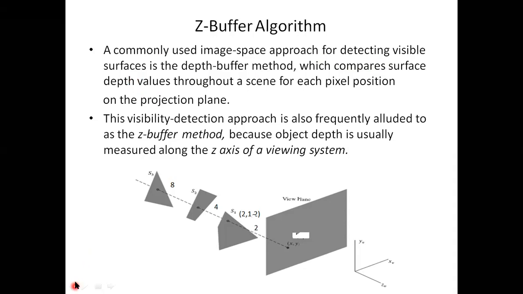In the object space approach, it was taking a part of the object, that is edges or points, and determining whether that belongs to a front face or back face. But the second type of approach, which we call the image space approach, takes pixel by pixel and checks whether that pixel belongs to a front face or a back face. And one of the disadvantages of the object space approach was that it was not processing any overlapped